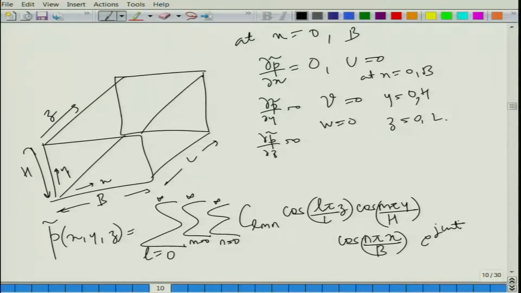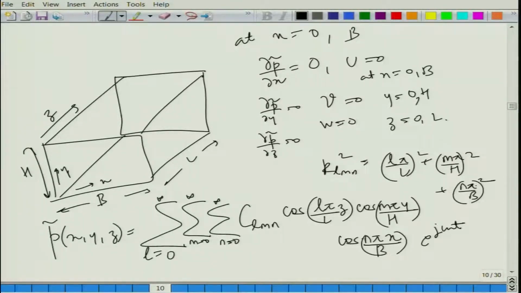So, time harmonically it is behaving like this, and one thing that is there is nothing but l pi by L whole square, m pi by h whole square and n pi by b whole square. So, what we will do is that we